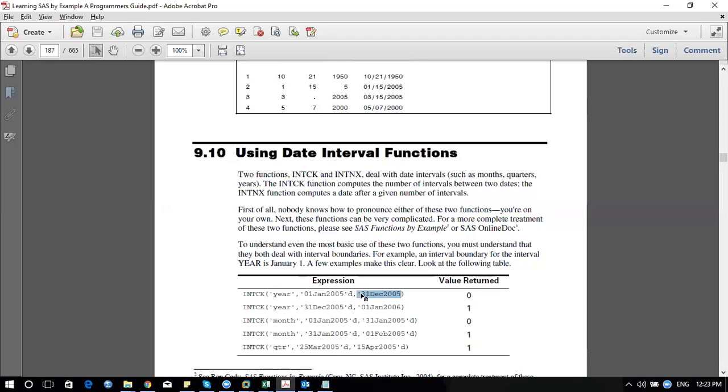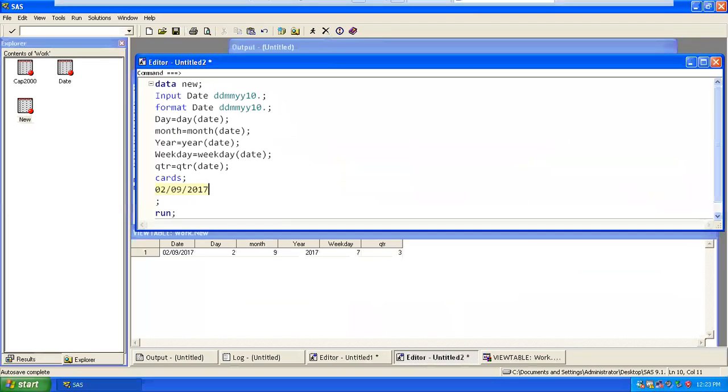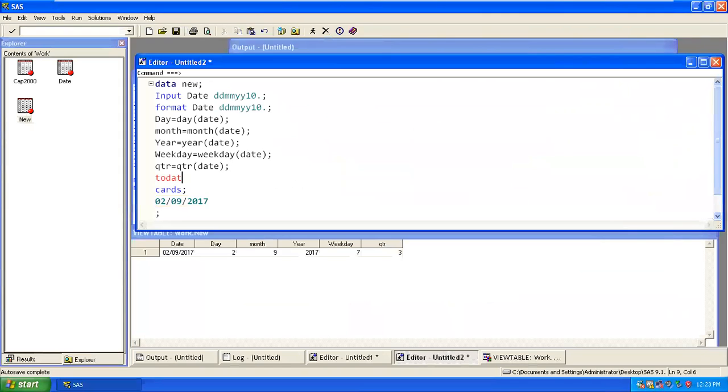Book itself. Okay. So we'll get the interval between 2 dates. So what I can do, I can try it over here. We'll get to know how it works. So let's say if I wanted to perform a date interval, I will calculate the difference between 2 dates. So I'll calculate DIFF is equal to INTCK interval.